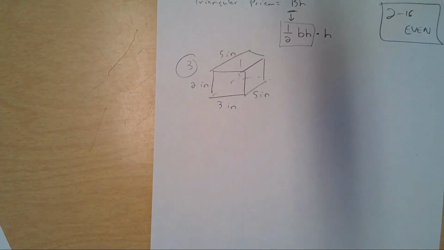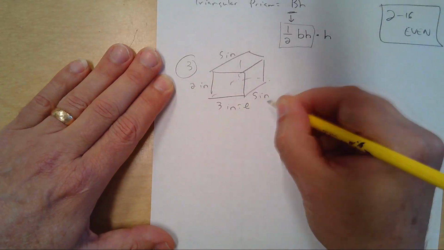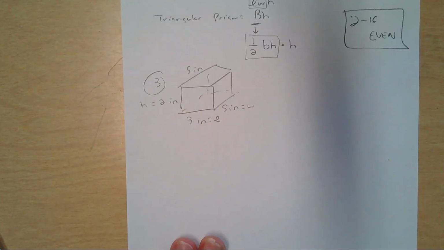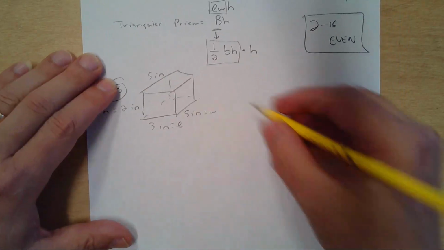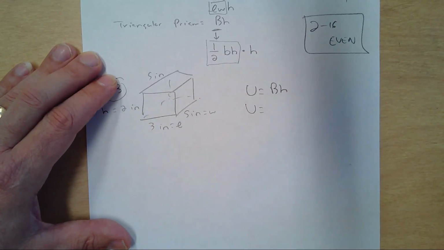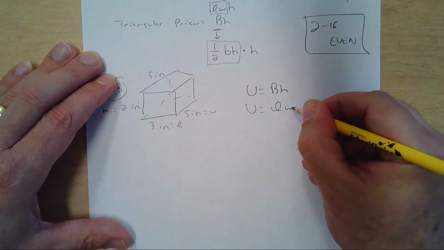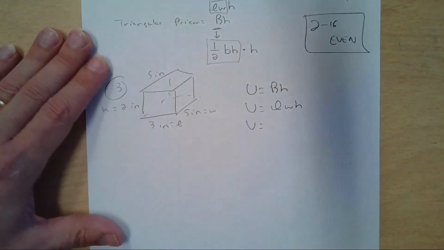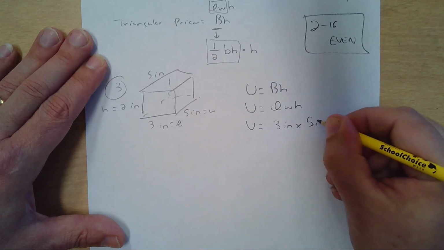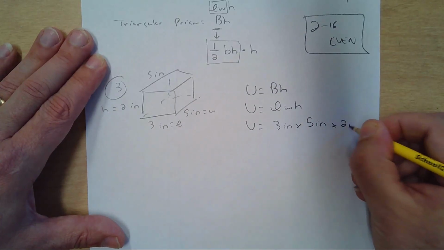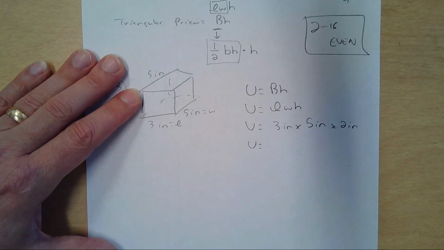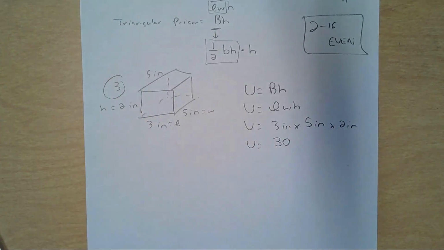Rectangular prisms have no real defined base, so I can call this one the length, that one the width, and that one the height. But again, it doesn't really matter. So then volume is base times height, but this is a rectangular base prism, so the base is a rectangle: length times width times height. I plug everything in: the length, 3 inches, times the width, 5 inches, times the height, 2 inches. 5 times 3 is 15, 15 times 2 is 30. And then for your label,